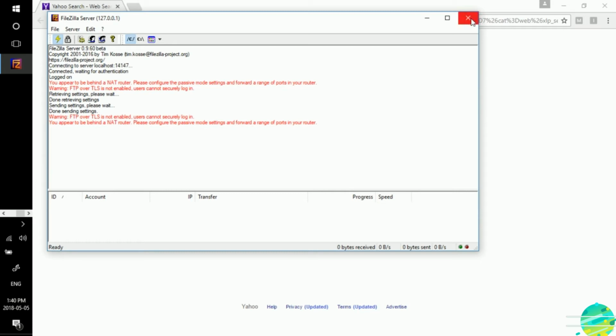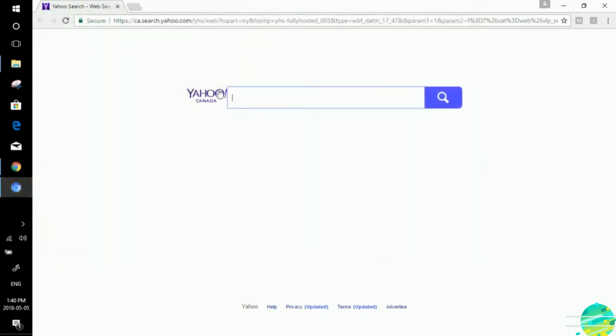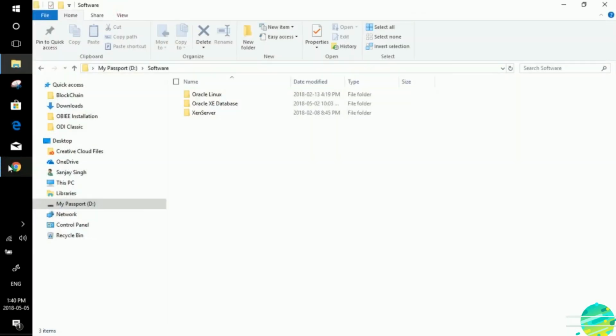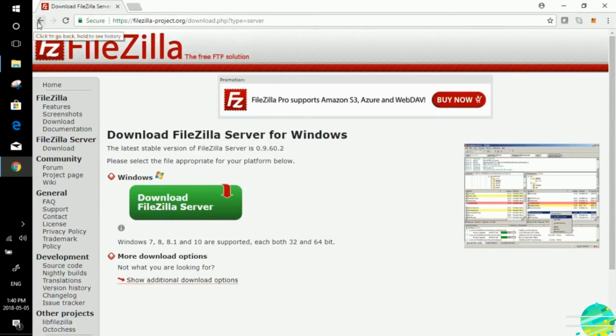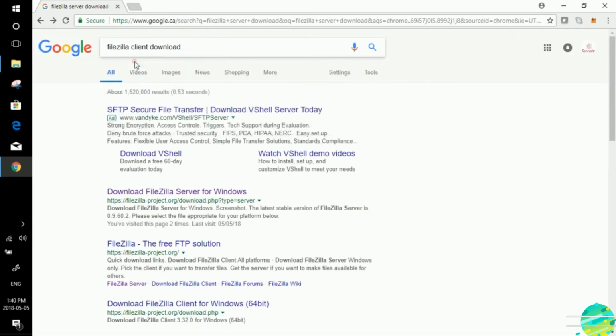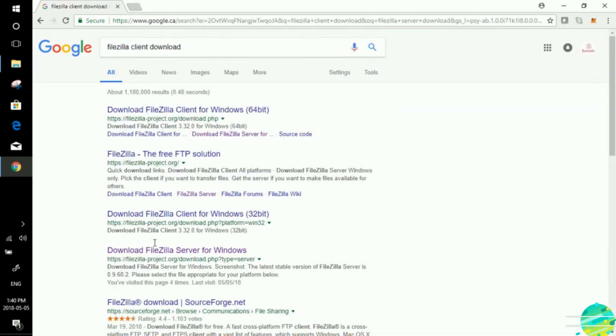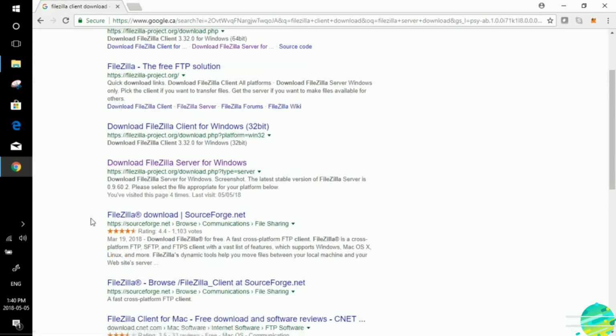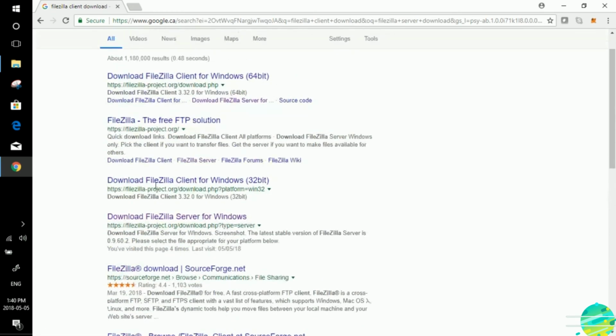So to do that, you need to again go to the browser and this time Google for FileZilla client download and let's install FileZilla client.